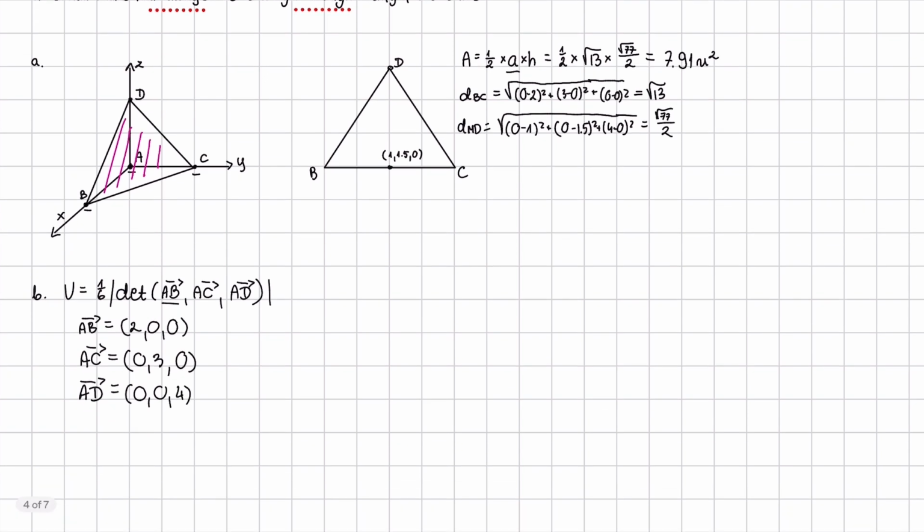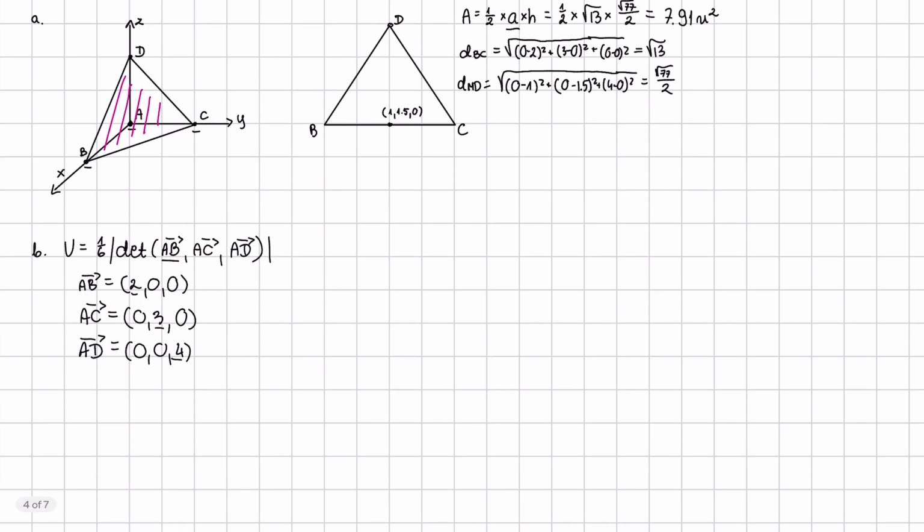And the determinant of them, we can observe that here we have only 2, here we have only 3, here we have only 4. So without calculating it precisely, we can say that the determinant of it is 2, here 3, here 4. So 1 over 6 times 2 times 3 times 4. This is 24 over 6,